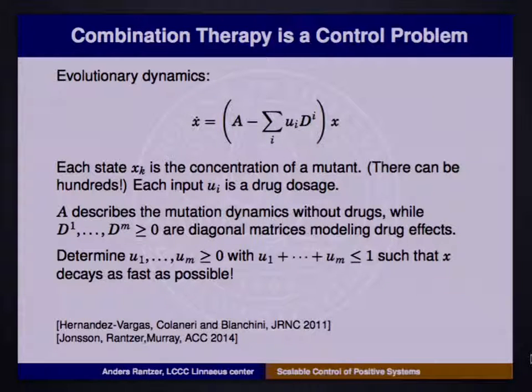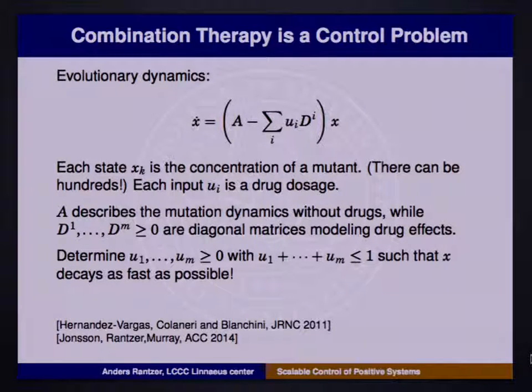So here is an equation which is used by people in that field to describe the mutations. So there is this A matrix which describes what happens if you don't take any drugs. Then the off-diagonal elements of A describe the probability of mutation. Generally, all those off-diagonal elements are non-negative, so it's a positive system. But you can take antibodies,